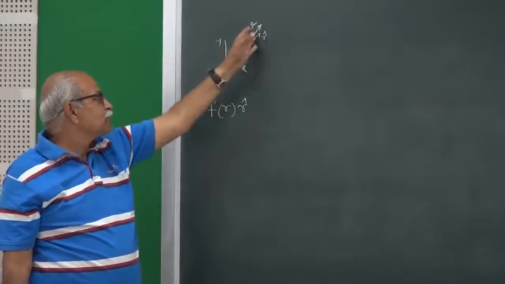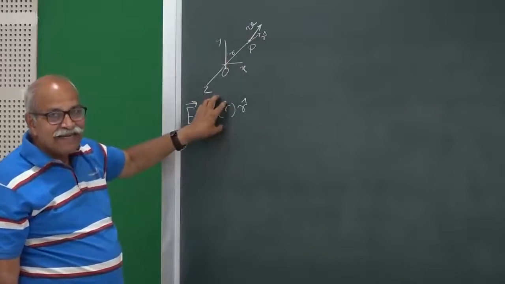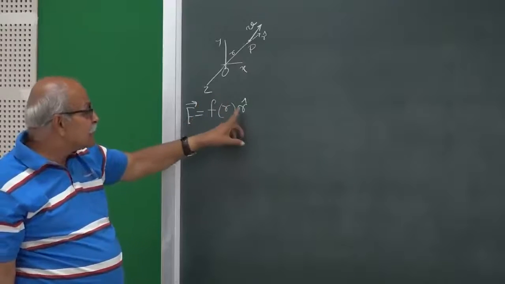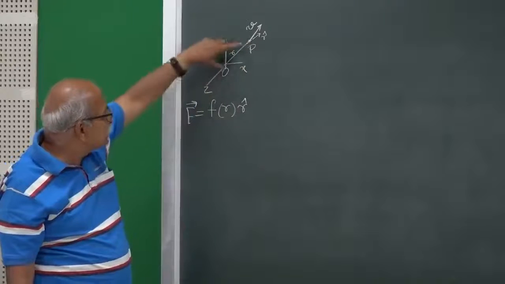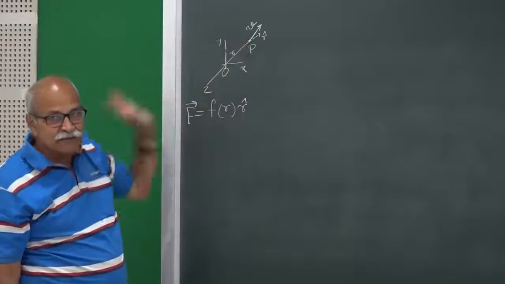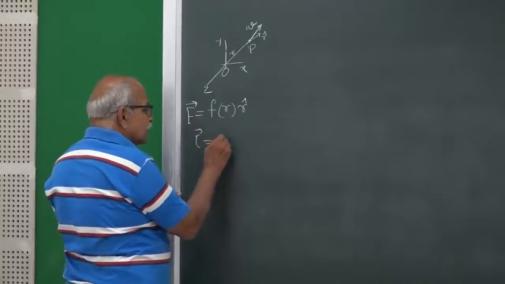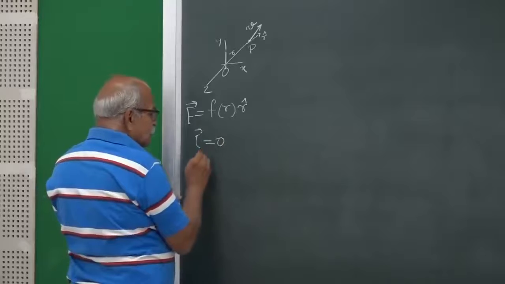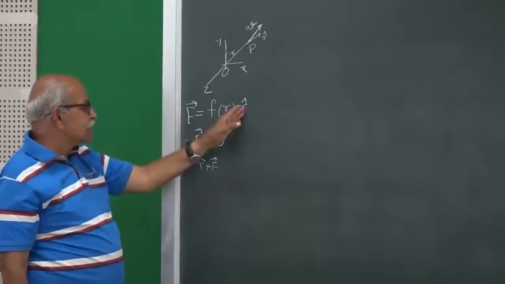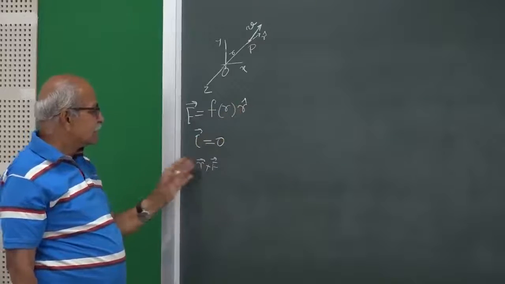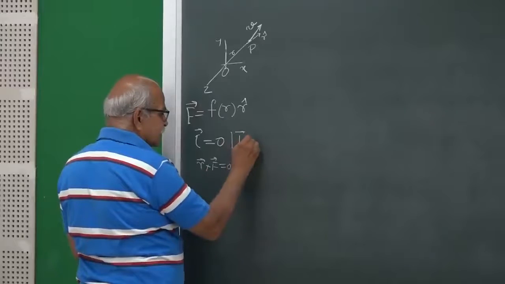So, the force can be away, force can be towards. Those things will be taken care of by this scalar function small f(r), but the direction is along OP, and the magnitude of the force depends only on this distance, then it is called a central force. And then we saw that the torque on the particle is 0, because at any time, what is torque? Torque is r cross F, and since F is in this radial direction, r vector is in the radial direction, so this is 0, and torque 0 means the L vector is constant,